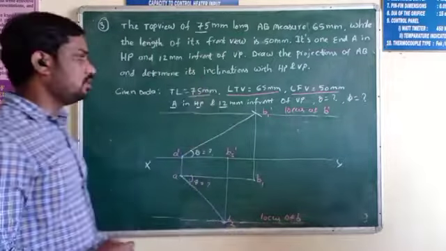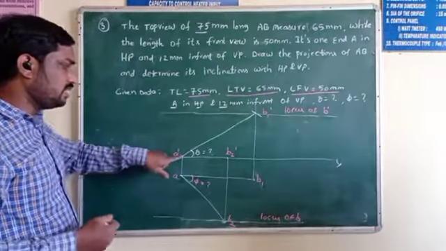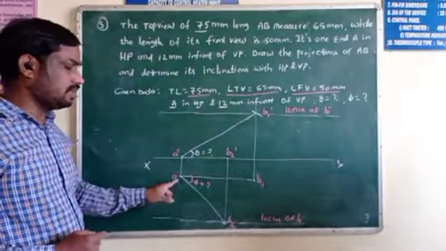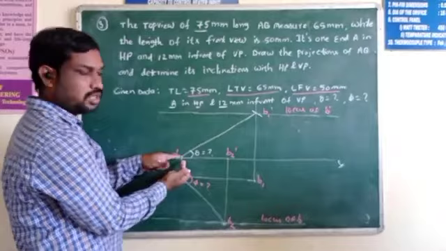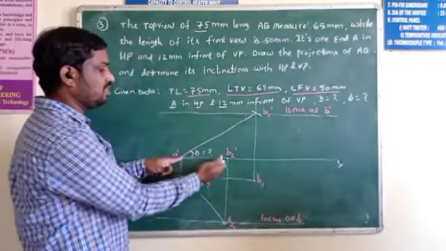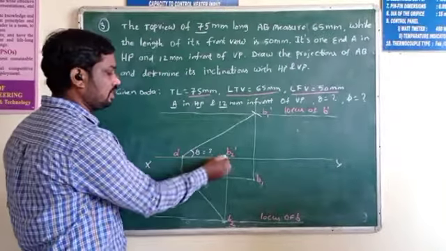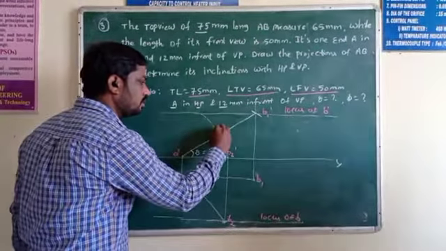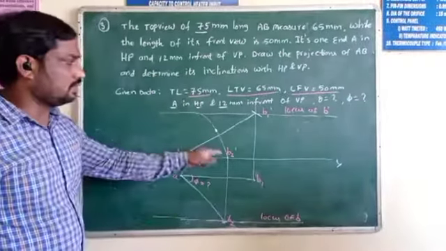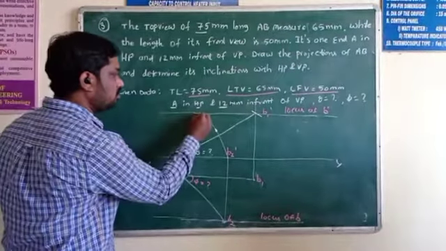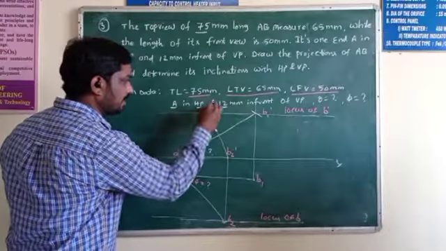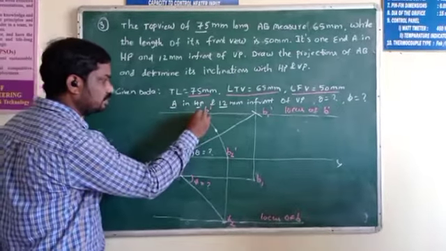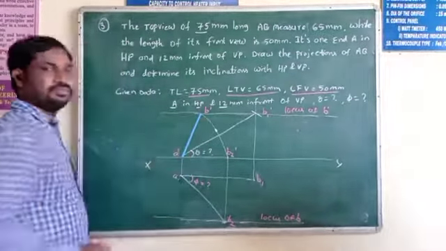Okay. Now join. Where to join? A dash is center. Take this compass. A dash is center. We'll get the final front view and final top view. What is the radius you have to take? A dash is center, up to this length, A dash to B2 dash. Take the compass. Draw an arc onto the locus line. So this is the direction of this arc. This is the arc. Okay. So what is this point? This one is B dash. Now you can join this B dash to A dash to get the final front view.